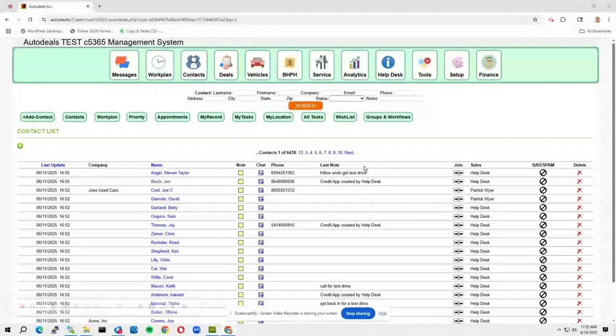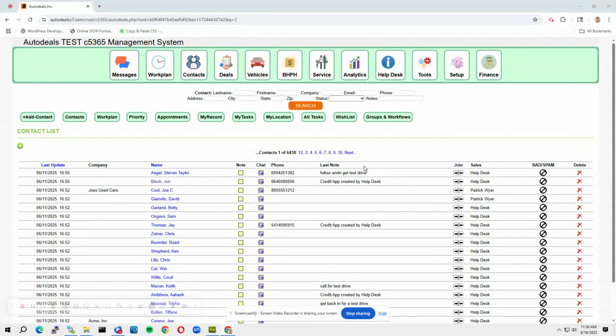Hello, the topic today is lead routing and sales assignment. With Autodeals in our messaging CRM, we can automatically receive leads from wherever you need them to come from. We can automatically assign a salesperson. We can automatically initiate workflow that communicates to the salesperson that they have a lead, and we can automatically initiate workflow to the person who was the lead and send them a thank you message, whatever we